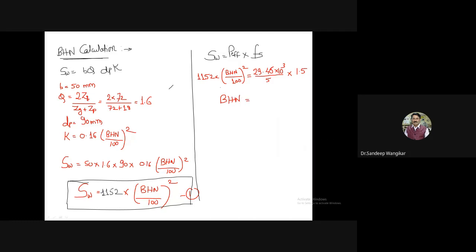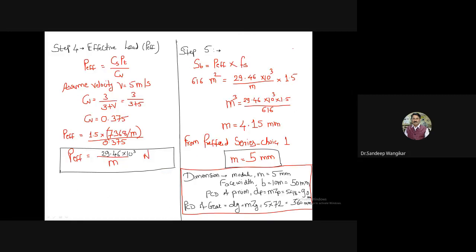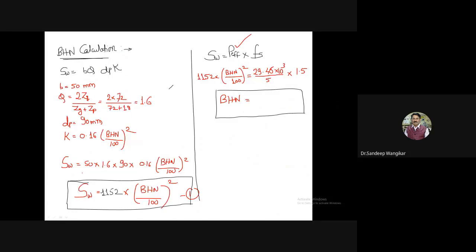One of the other things you can do is calculate the P effective separately and then go for equating. One additional thing you can do in this case is calculate this particular P effective value separately, then it will become easier. In the last slide, P effective is equal to P here. Now I am highlighting from this equation, P effective is equal to. From this equation only I have taken it, and now I am proceeding for BHN.